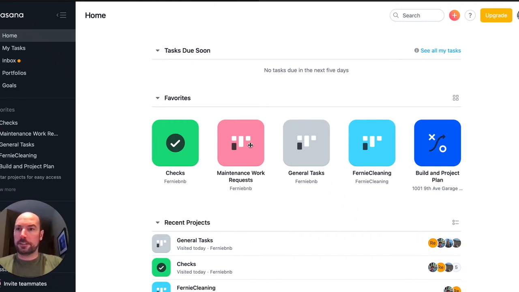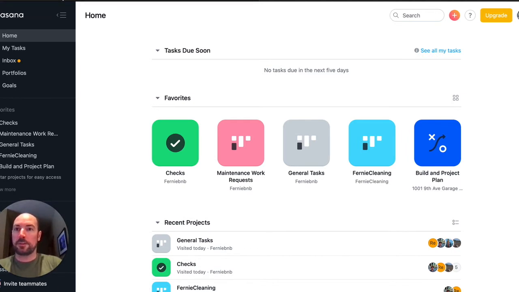Hello, FantasticStay users. We're going to have a quick overview of how to connect FantasticStay with Asana. Asana is a leading free task management software that you can use to manage basic tasks for reservations related to your check-in and checkout process, for example, any maintenance, cleaning, and you can do all that automatically